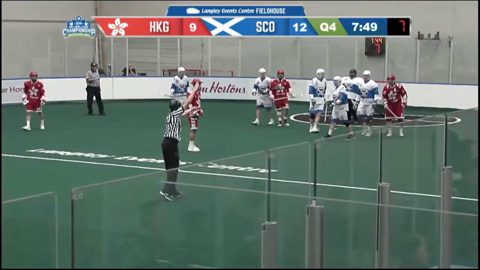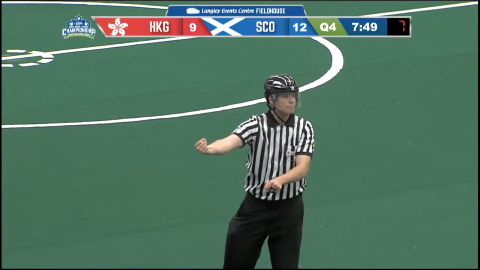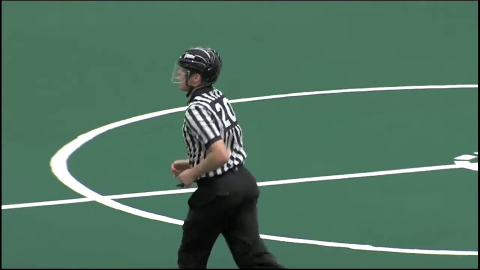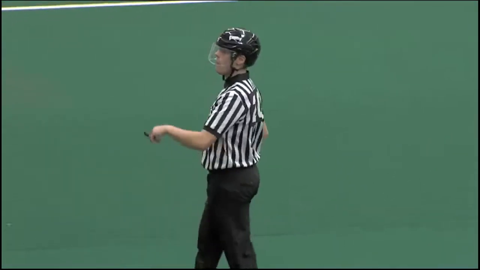And speaking of penalties, another one is coming. Cam Anderson holding the stick call here to West Pratt of Hong Kong.